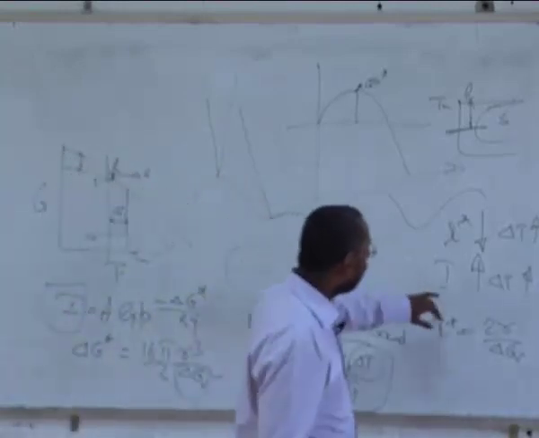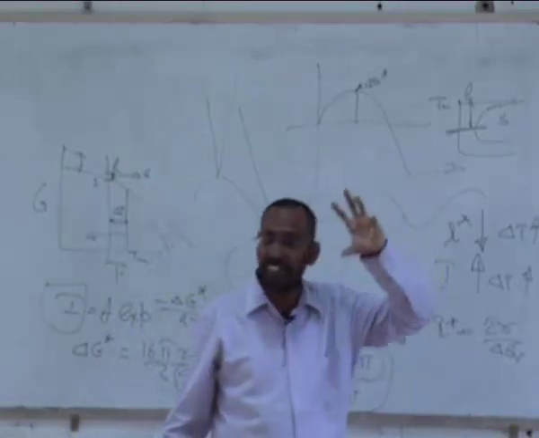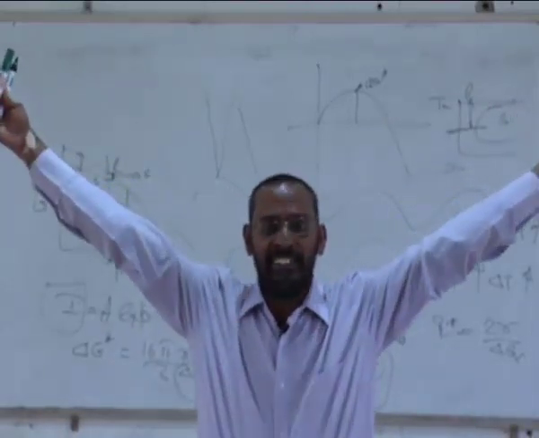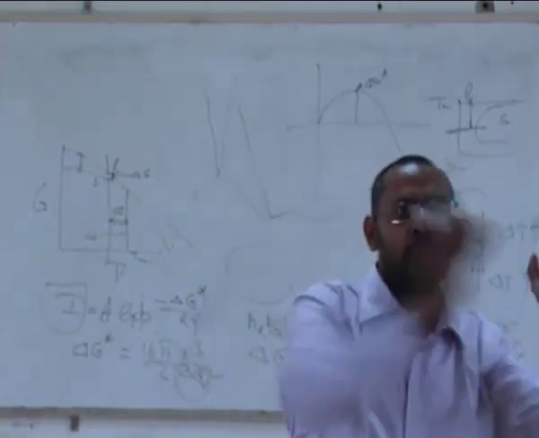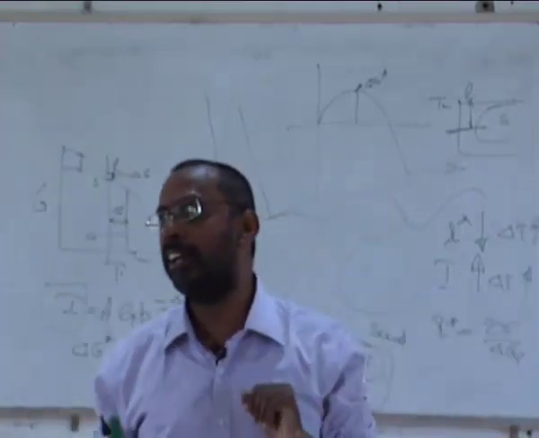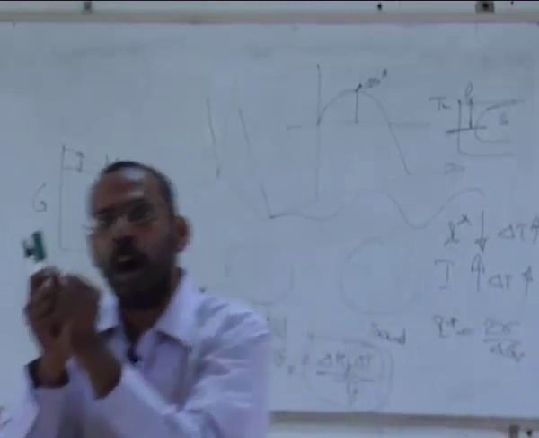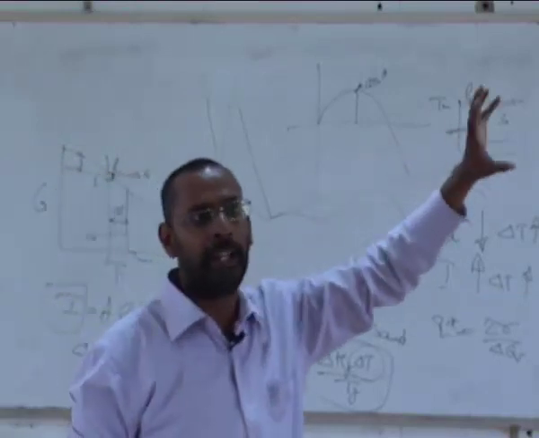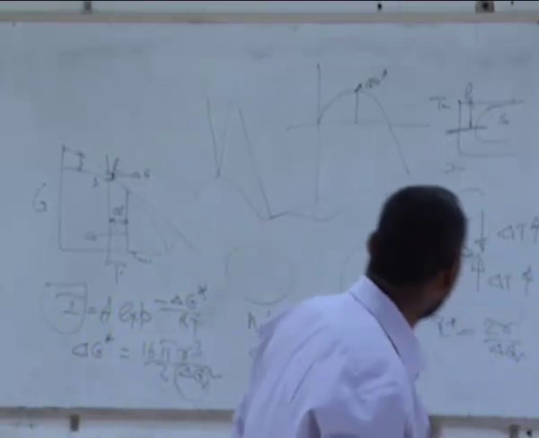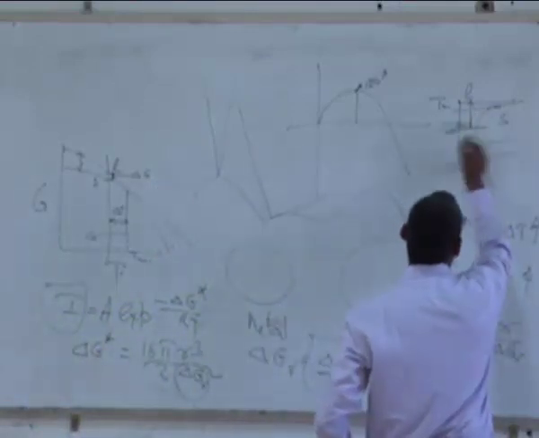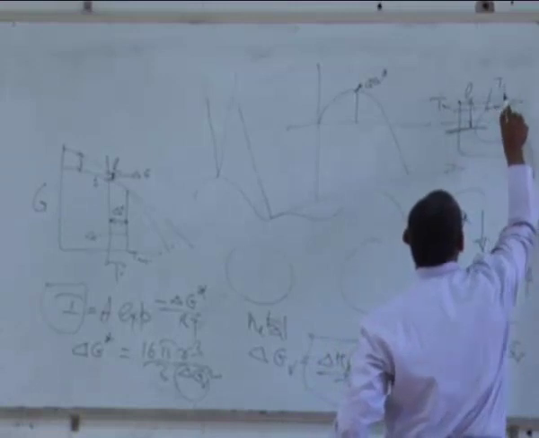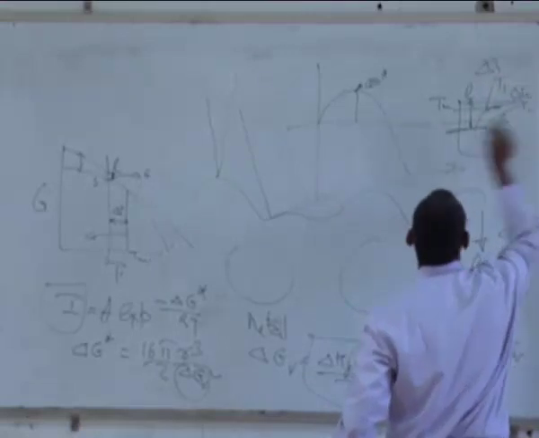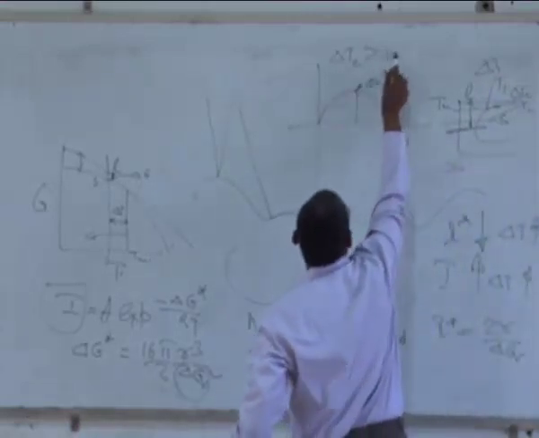So now you can see there are two things. One is the size of the nucleus is decreasing. That means you have smaller and smaller nuclei. And the number of nuclei, I, is increasing. So if I compare two delta T's, one a smaller delta T, another a larger delta T, in the case of larger delta T, you have small nuclei and more number of the small nuclei. If you consider a smaller delta T, that means temperature very close to the melting point, or for example, if this is T1 and this is T2, that means delta T1 and delta T2, delta T2 being larger than delta T1.